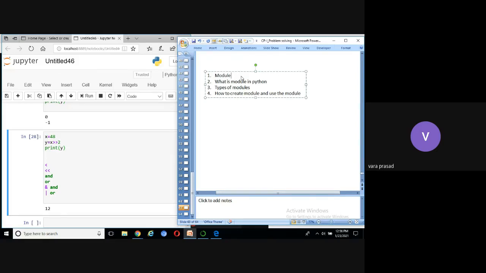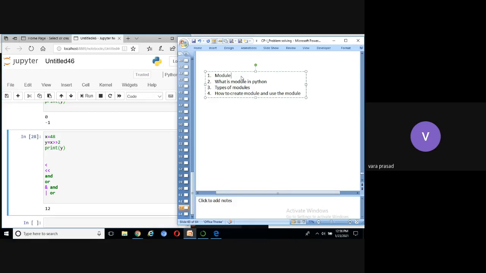Before understanding modules, you need to understand one important concept: modular programming. Everyone has to understand modular programming. What is modular programming? In modular programming, we divide the task into multiple independent modules.